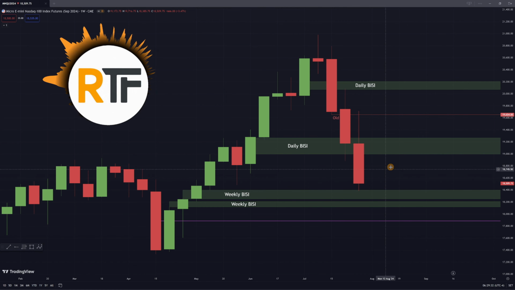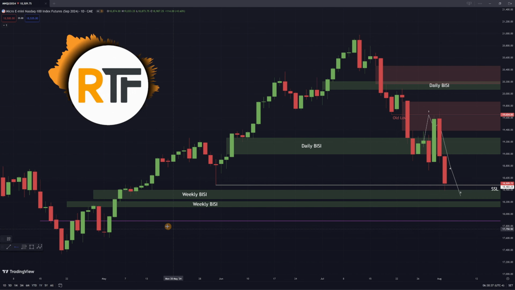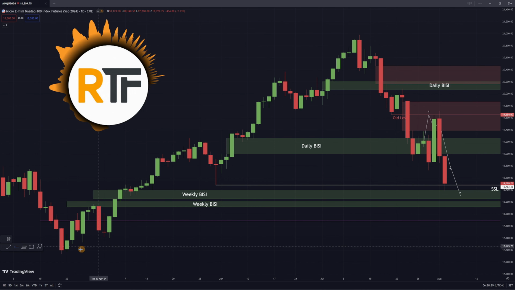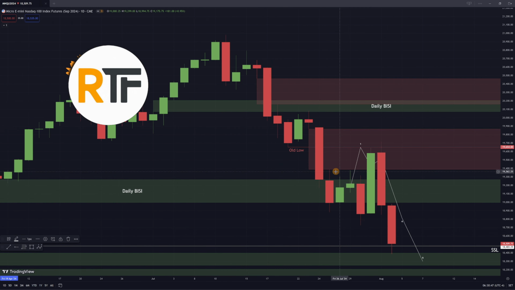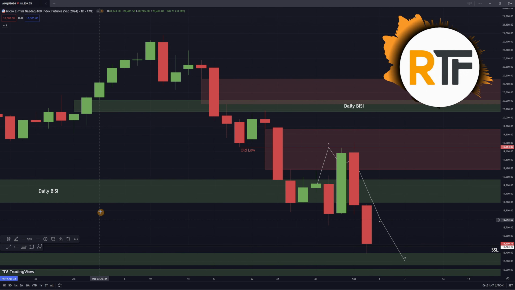But should we have some retracement, let's get down into the daily chart to see how price could behave. So on the daily chart, we do have that weekly mean threshold as a target and also this swing low as a target for the sell side liquidity below that. But let's focus in on the last couple of weeks of price action. So last week you can see that we used this daily fair value gap and we bounced off of it back into this old low and into this fair value gap.